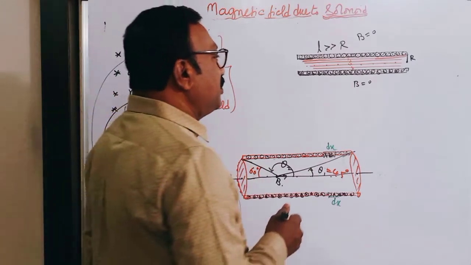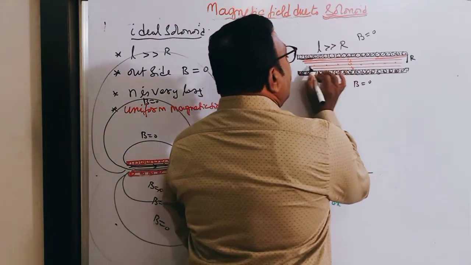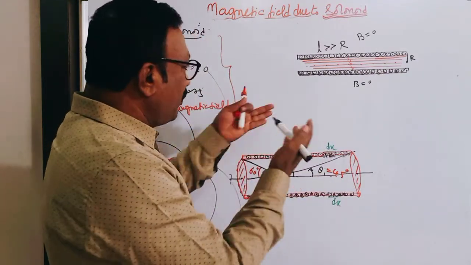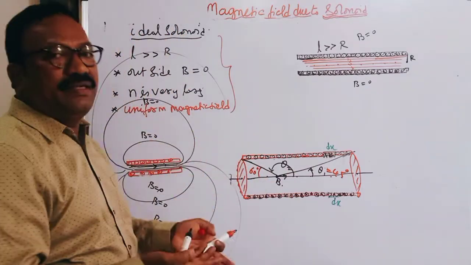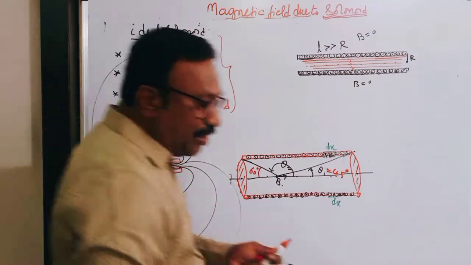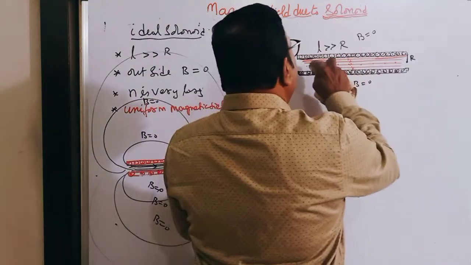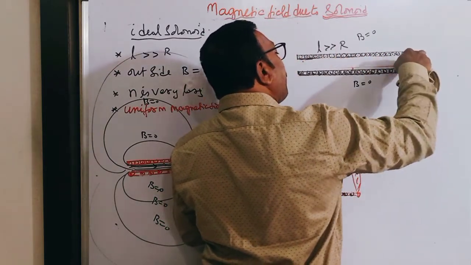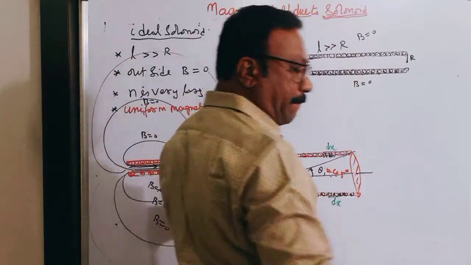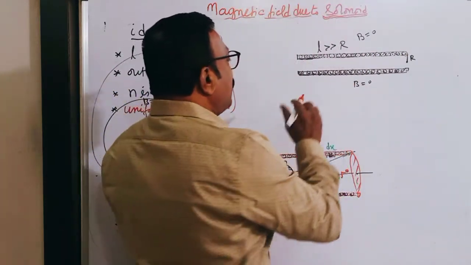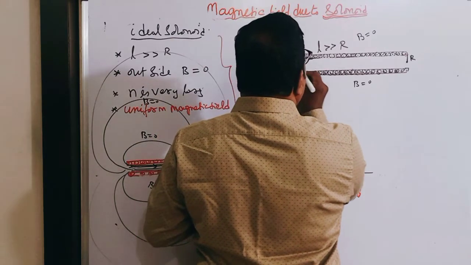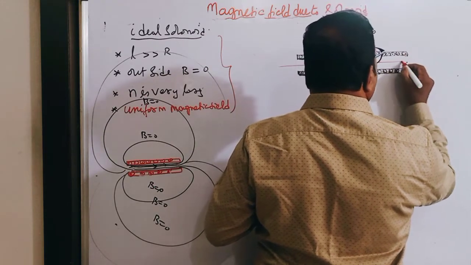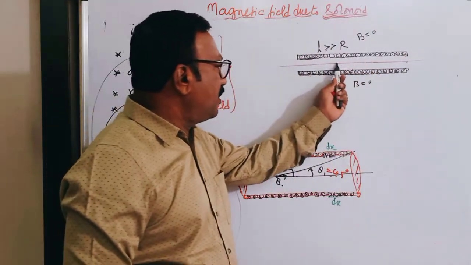And one more point: the magnetic field on the axis I would now like to calculate using this formula. Finally, I have to calculate the magnetic field now. We have only learned what an ideal solenoid is, but I have to calculate the magnetic field on the axis of the ideal solenoid also. So let me see how to apply this formula. To apply this formula, I want the magnetic field on the axis of the solenoid, anywhere. Here or here or here or here.